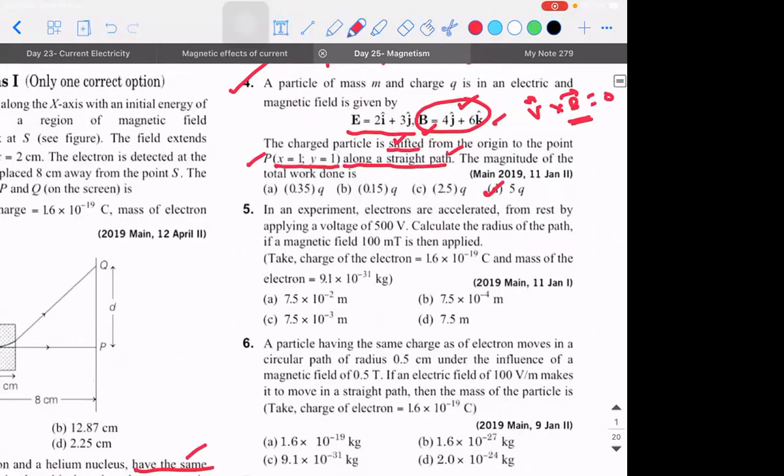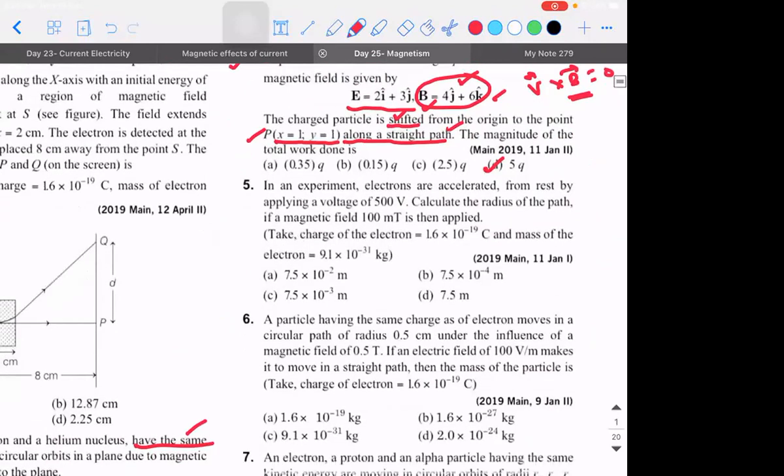I will check the original source. I think the word should have been given. Otherwise, going forward, if this kind of question comes in the exam and they say shifted, you can assume that the object is moved in equilibrium at every point. That is, it is moved as slowly as possible. You can take it like that.